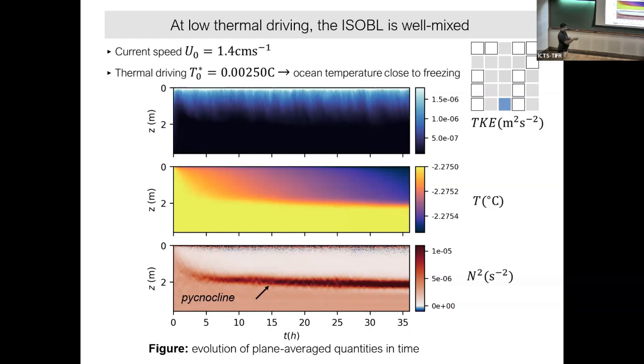Okay. And N squared. You build a mixed layer and underneath you build a thermocline. That is similar to the upper ocean interface. You have a mixed layer and you form a thermocline. The similar thing is also found under the ice. As soon as you have formed a mixed layer, you get a thermocline.